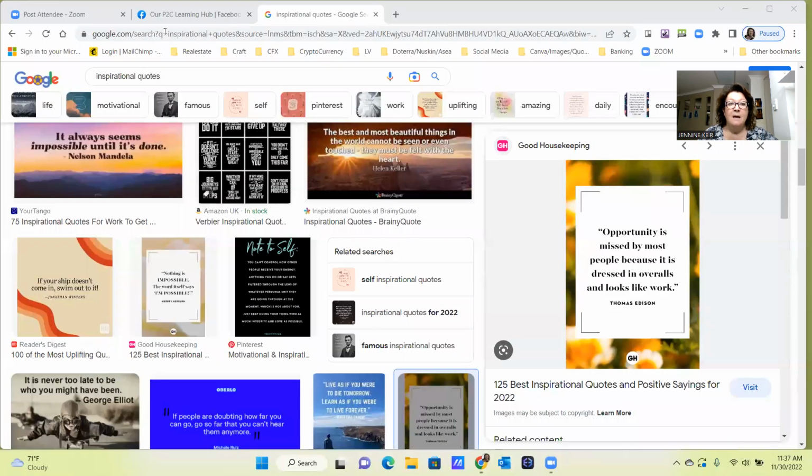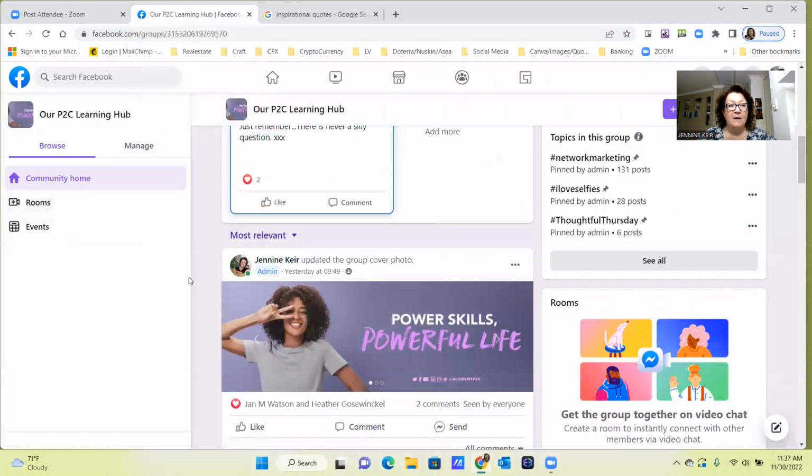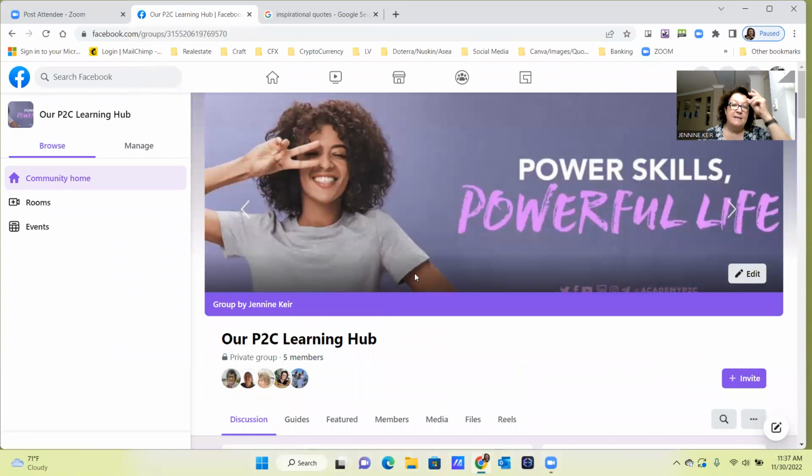And the other thing too, as some of you might have realised, this was our little girls hub, and this is the one that had my little fairies on it. So yesterday, I know you've seen it, I changed the banner to make it all P2C. This is what I thought maybe we could use this little space here as a learning hub. So we can ask questions in here. I can put documents in here. I've got some stuff that I can share from Entrepreneur City as well, which is really good.